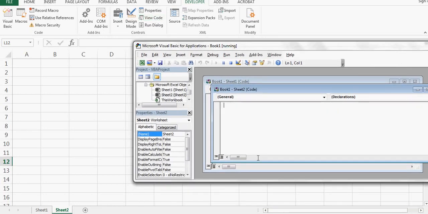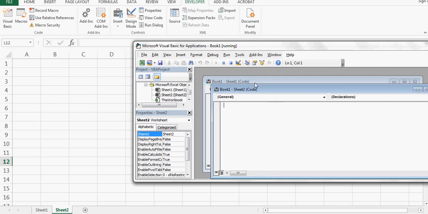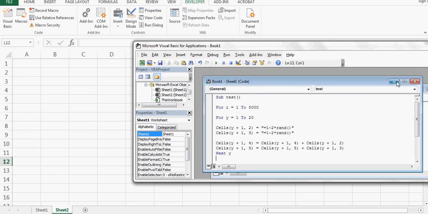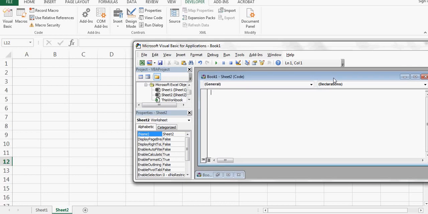Now I have a view code, and it says sheet 2, right? This is my sheet 1, which already had the code. Now in sheet 2 I have no code. So what I'll do is I'll start with the sub. Even though I don't have a very strong background in programming, whenever I have to start a new program, I write sub here, and then I'll say animate.